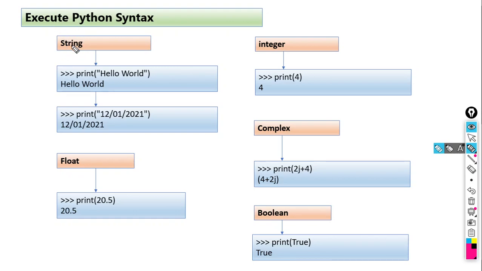So these are the data types available in Python. In the next video, we will see what is the meaning of data types and how we can differentiate these data types from each other. In this video we will see only the basic concepts, how we can store different types of data with the help of Python syntax. So these are the Python syntaxes, with the help of which we can store various data. Let us see here, the first one is string.